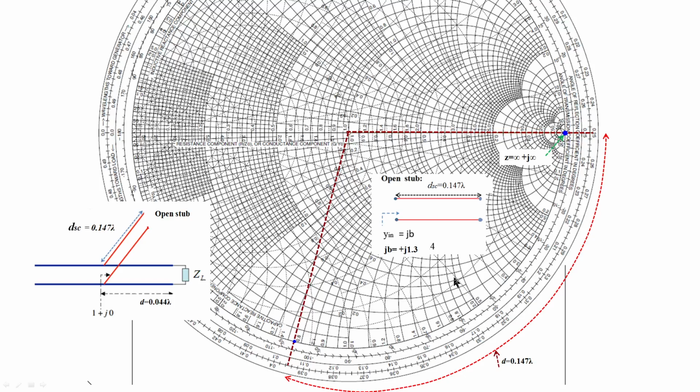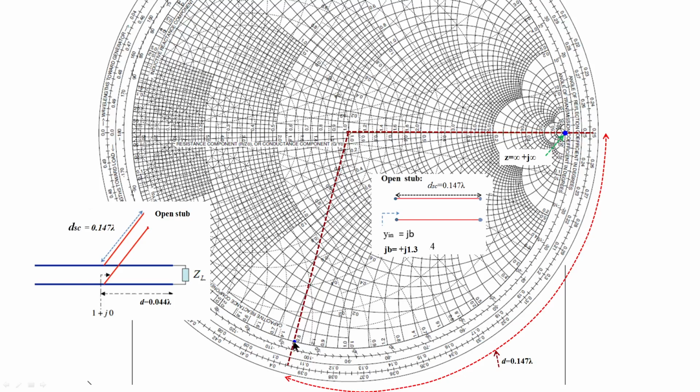What is the susceptance value? This is the susceptance circle 0.5, and this is 0.6, 0.7, 0.8, 0.9, this is 1, 1.2 is this, and 1.4 is this. In between our point is, because the susceptance circle is not drawn for 1.3, but you should keep it in between 1.2 and 1.4. I kept it here. This is our susceptance value.